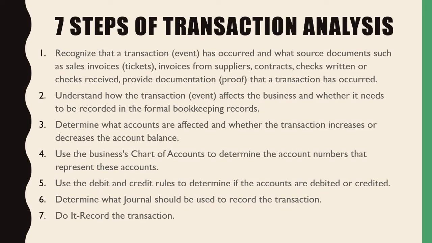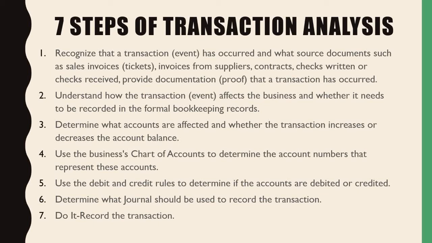Am I increasing my assets or am I decreasing my assets? In this case, I'm increasing my assets, correct. But if I have to spend my money for it, I am going to be crediting, I'm going to be decreasing my assets at the same time. So that's where you're going to use the debit and credit system. So in this case, I'm going to debit my inventory and I'm going to credit my checking account because essentially I am increasing my assets by buying inventory, but I'm decreasing my assets because